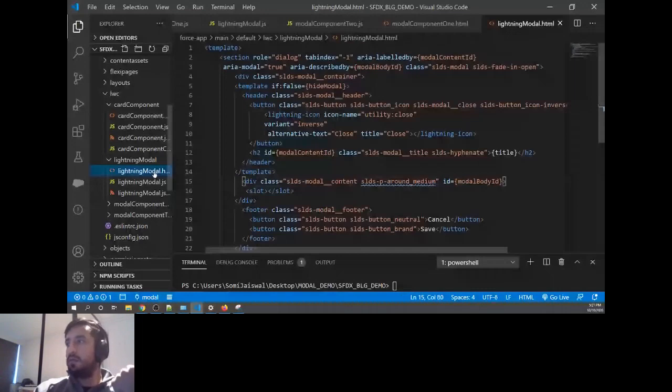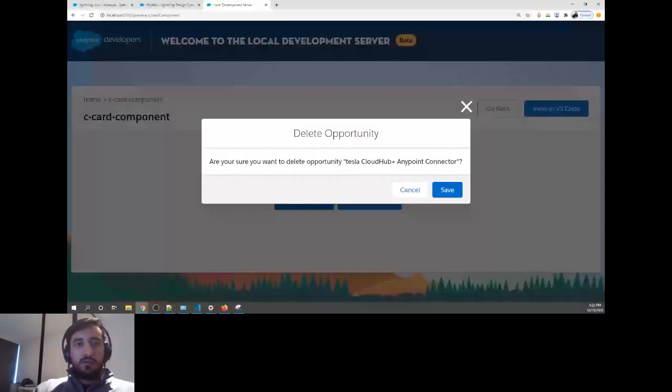Our slots are coming, we are good with that. Our title is coming, we are good with that. And hide model is, we are good with that. So I'll go back to the screen and see if things are okay or it's broke. If I open, things are working fine. And if I go to my HTML, I'll see what I'm passing just to make sure things are working fine. So we are passing the body content, that's fine. We are passing the header.